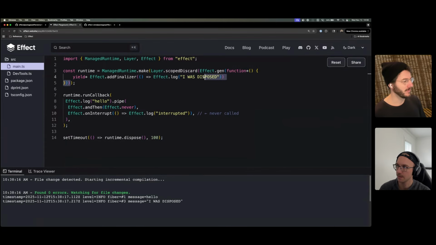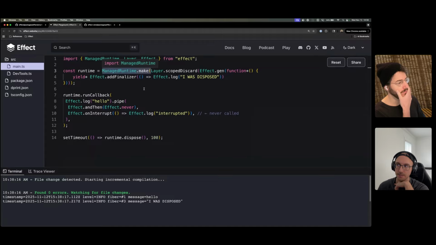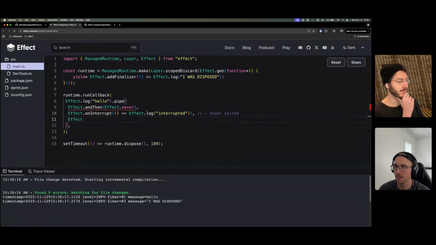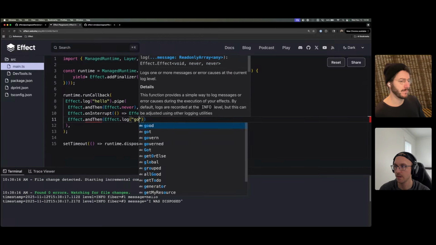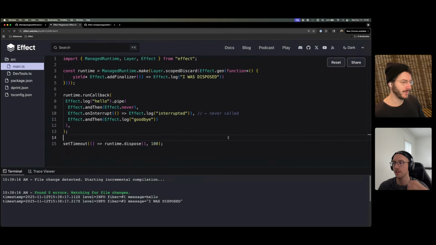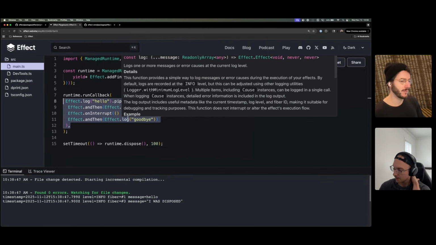So this layer is attached to the scope of the managed runtime. So when you call dispose on it, it closes the scope that's registered here. But this thing is not associated with said scope. So this is just going to be left open. We could consider,